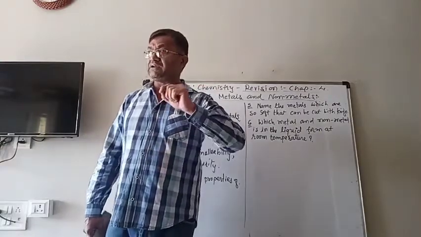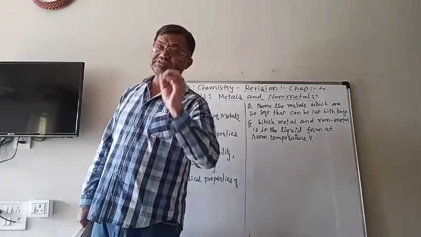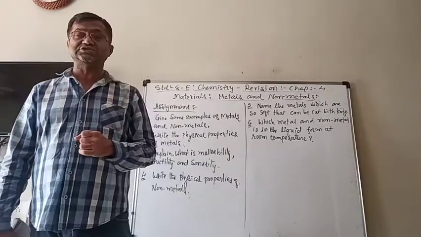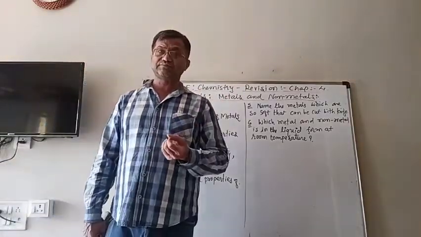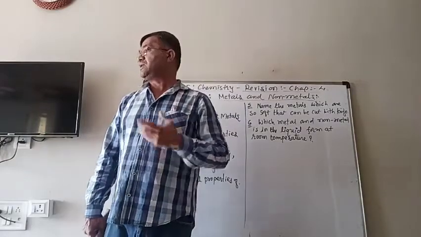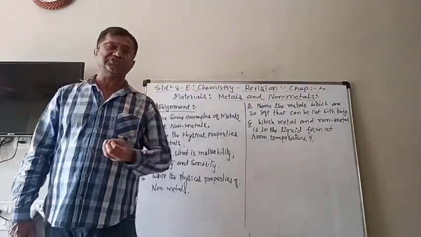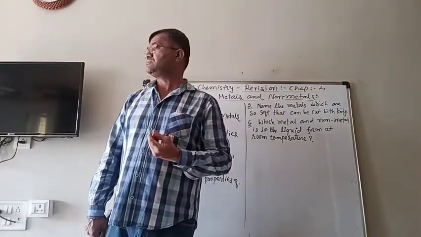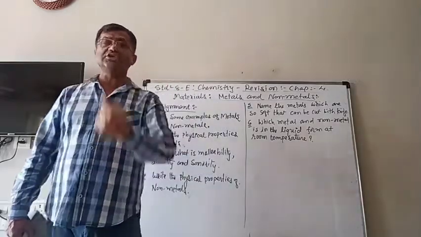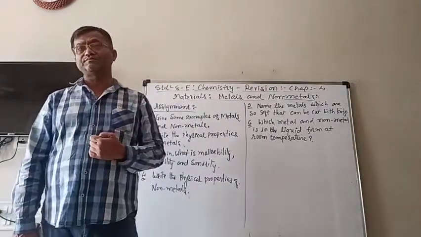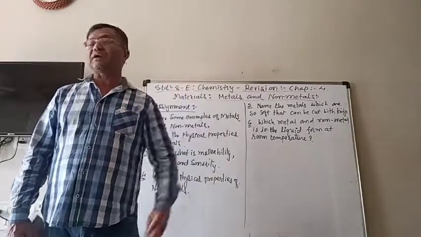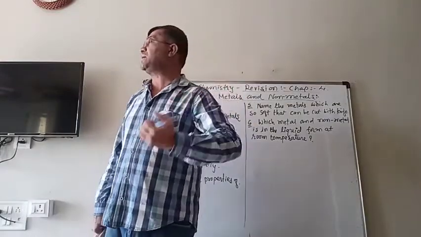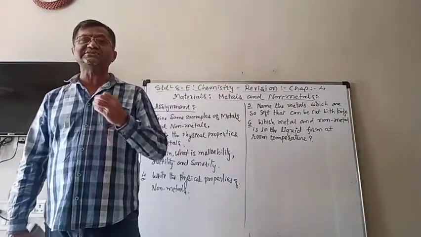It is a non-metal, but the exception is that it is a good conductor of electricity, and therefore it is used in the cells that we use, the dry cells in our remote controls, in our torch, etc. If you open the used battery cell, then in the middle you will find a black rod that is made up of graphite, because graphite is a good conductor of electricity. So it is used as electrodes